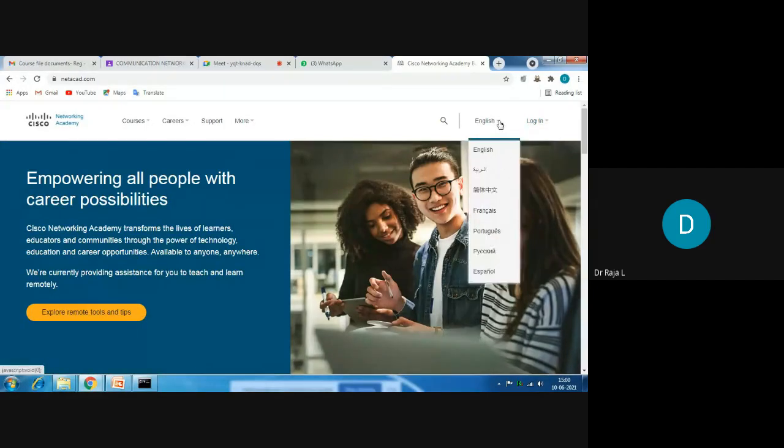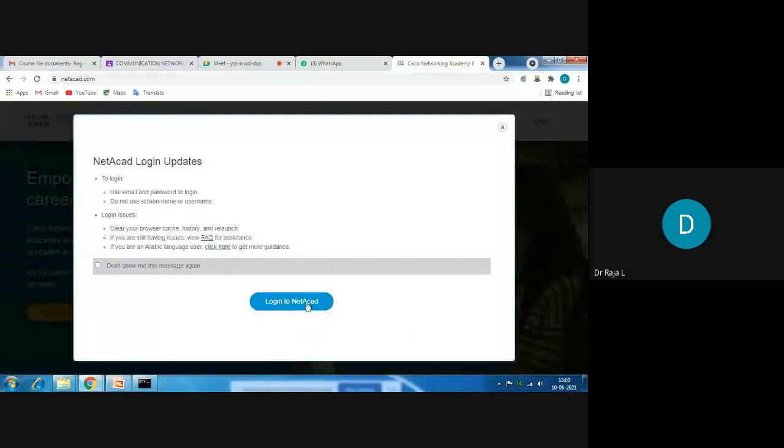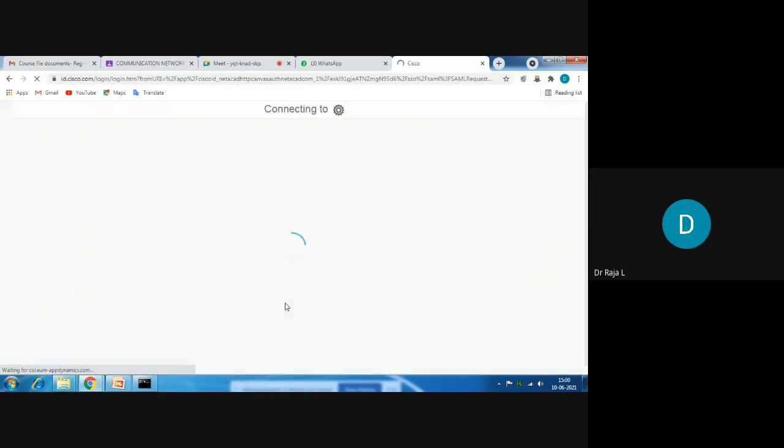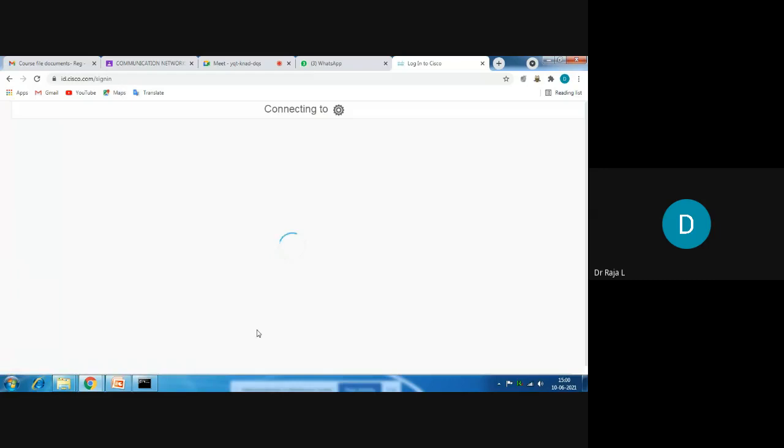You are able to choose the language. When I click login, it comes like this. You just proceed to log in to NetAcad. I already have an ID, so I will just type that ID. Otherwise, you need to sign up.